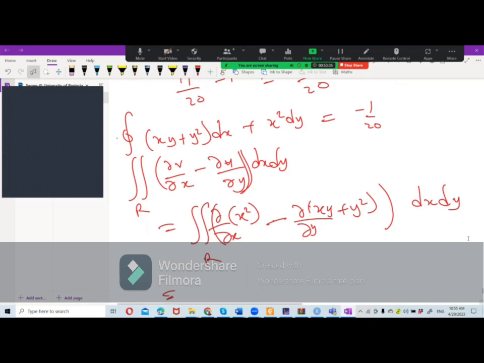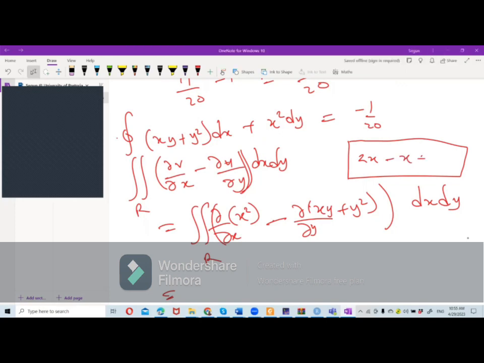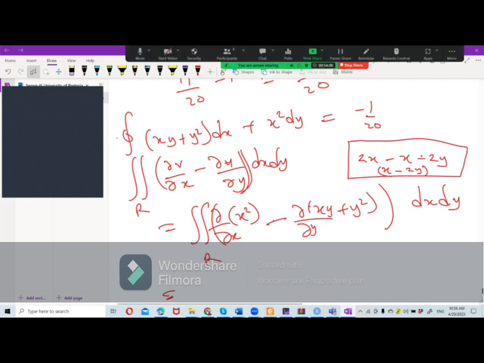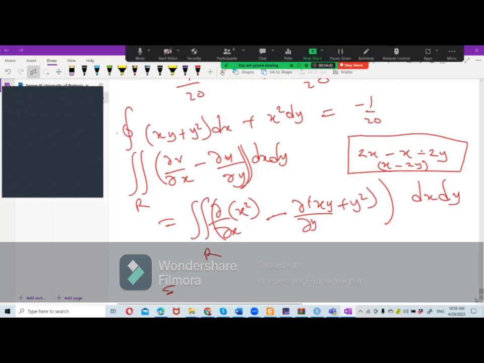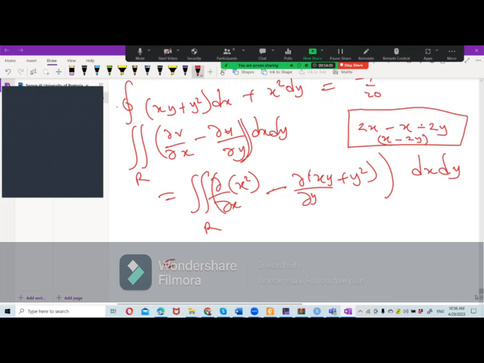Okay. They are together, sir. Okay, let's do it in a bracket here so that when I write it. So when you differentiate this, you have 2x minus, plus minus 2y. By the end of the day, you have x minus 2y. Do you agree? Yes, sir. So that is where I'm going. So at the end of the day, we now have integral of